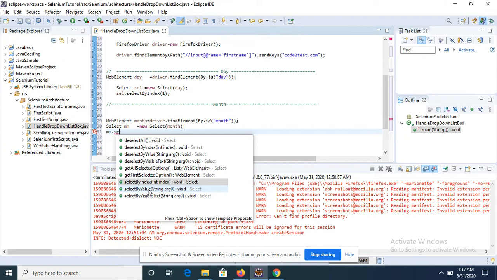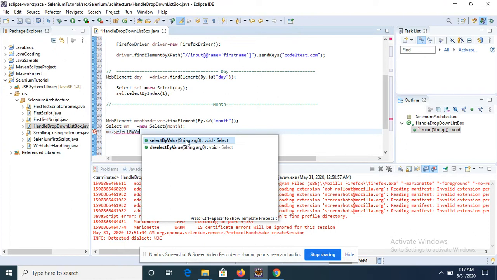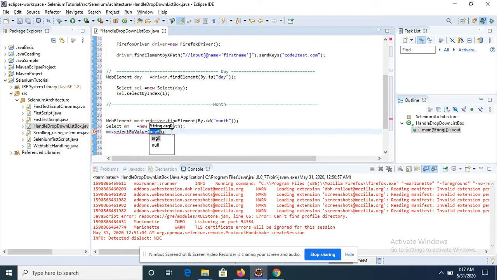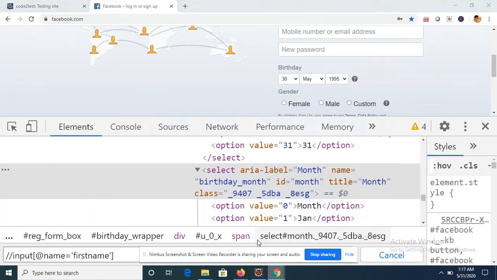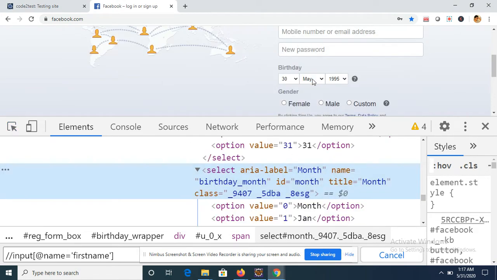This is value. So what the value is, let me explain. When you select by value, it takes a string as a parameter. Always remember that we take it as a type of string. So when we talk about value, if we check my XPath and point to this element, we see that there are a lot of things over here.